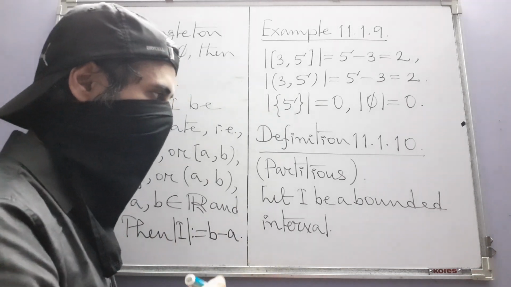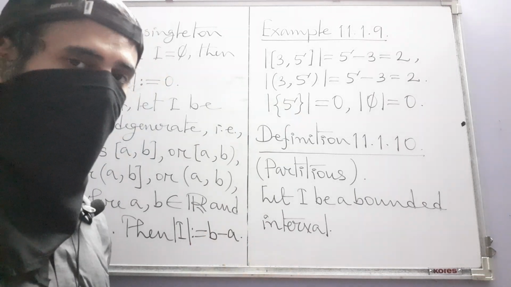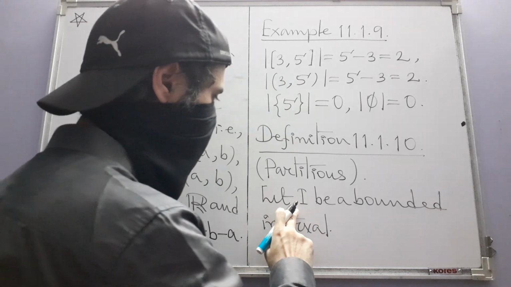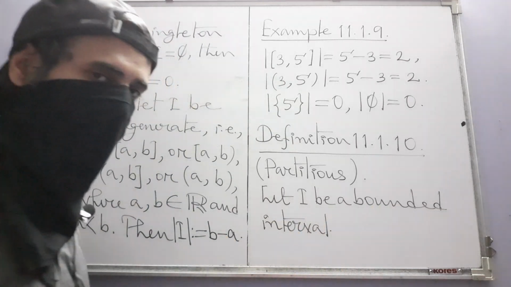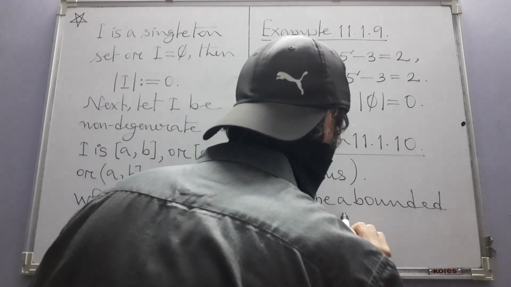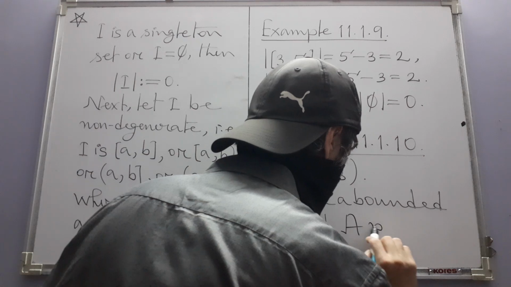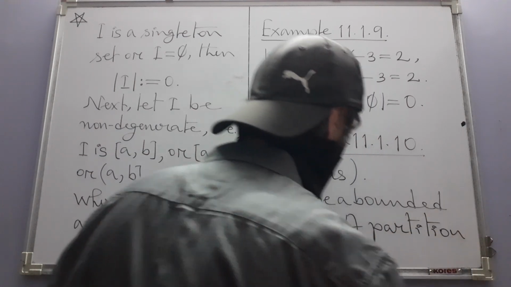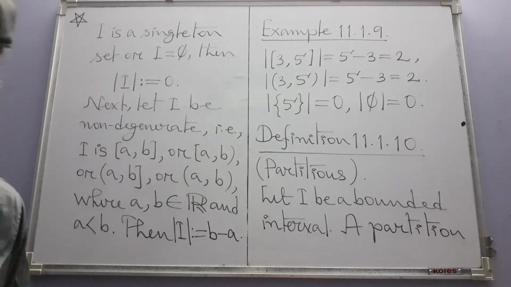Maybe he thought we would forget that we are only considering bounded intervals. So anyway, he has written it like this: let I be a bounded interval. A partition P of I